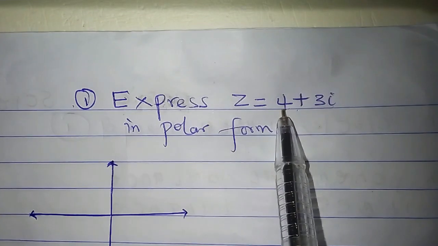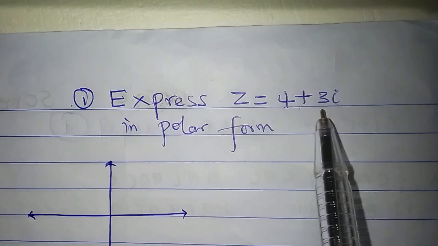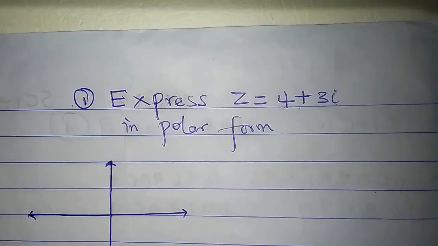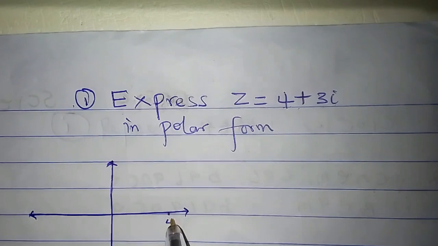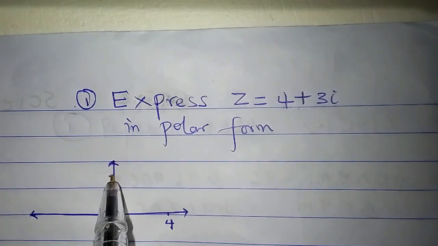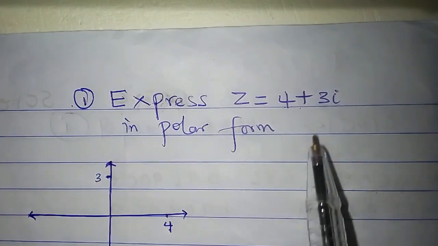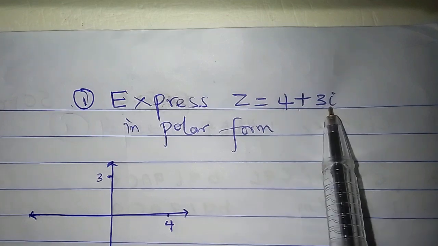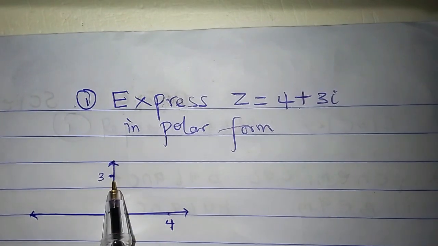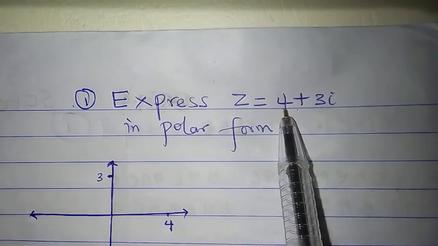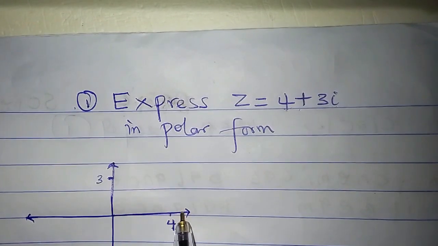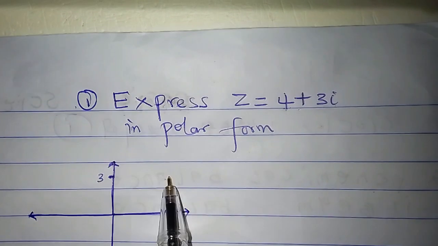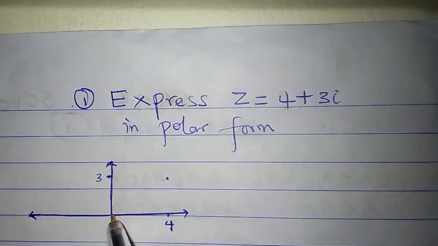The real number is 4 and the imaginary number is 3i. Let's fix it here, 4, and let's fix 3 here, 3. Alright? This imaginary part is positive, so I'm dealing with the positive imaginary part. The real part is also positive, and this is the positive as is for the real number. Okay? 4 plus 3i meets at this point